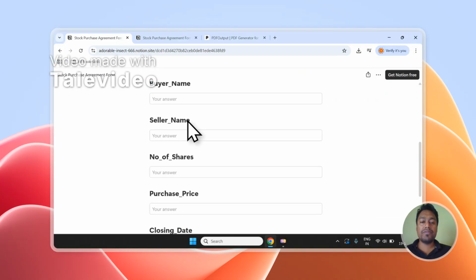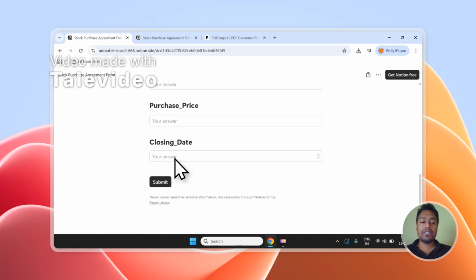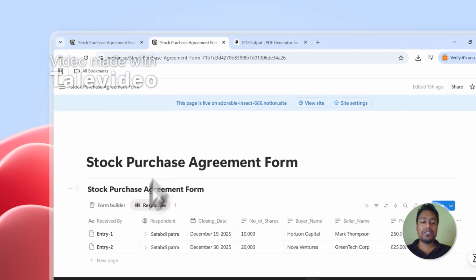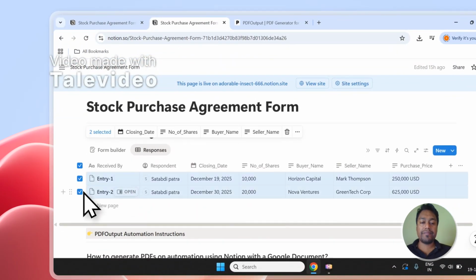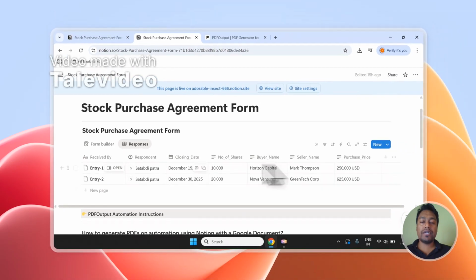As you can see, this is a simple form which I've created over here for stock purchases. And once the user fills in all the details in this form and clicks on submit, the responses will go to the responses view in the database over here. I've already added two entries out of the particular form, and now I'm looking to convert these entries into PDF